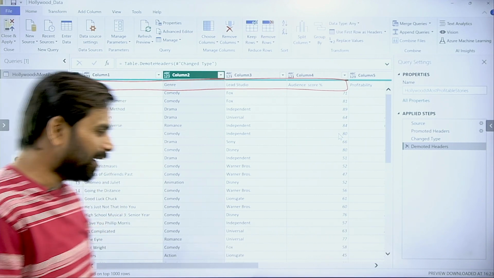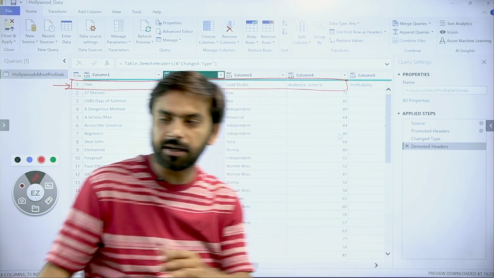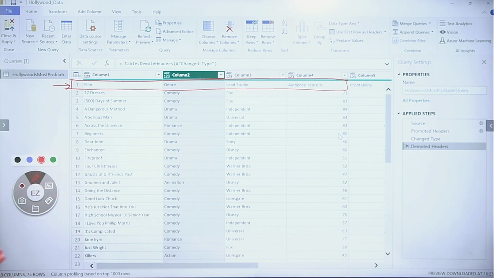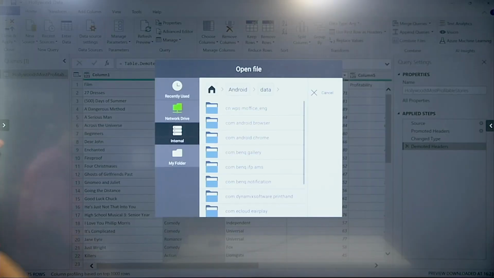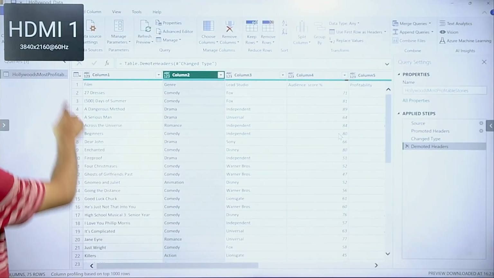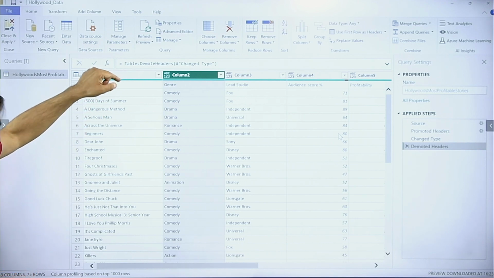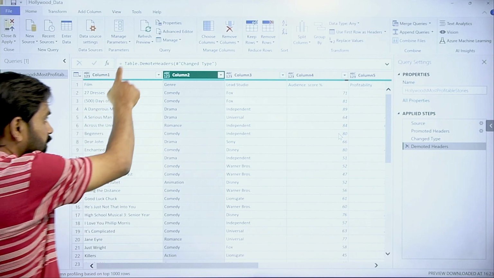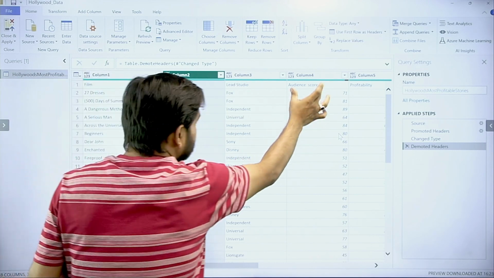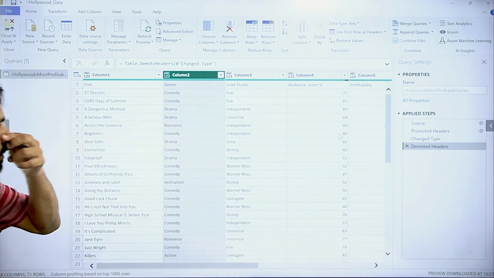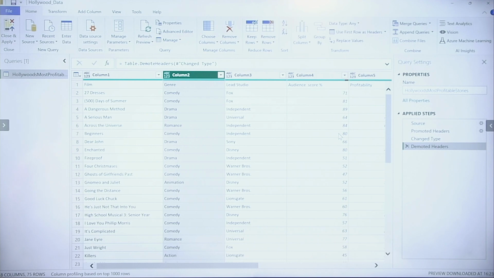Okay, so the query editor realizes that such kind of mistakes are quite common, so we should give users an option to rectify this. And how can we rectify that? Very simple. In case you believe that the first row over here should actually be the header of the column, as we can see, film, this is genre, this is lead studio, audience score is this, profitability is this, we can always click on this particular element over here,